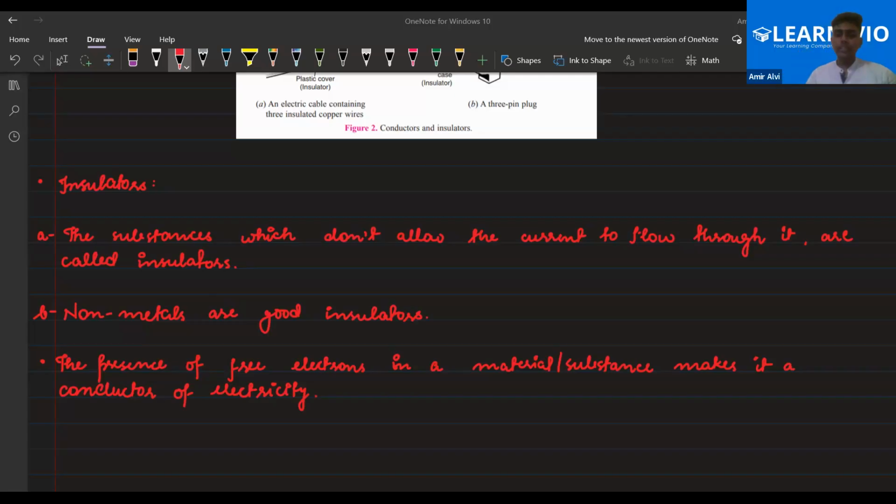Right? Dynamic electricity means that electric charge is flowing through a conductor. In this chapter, we are going to study dynamic electricity, the dynamic electric current, where charge is flowing through the conductor. We are not going to study the static one, just the dynamic. Okay? Clear, everyone?